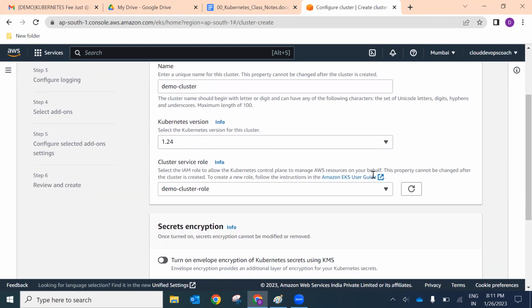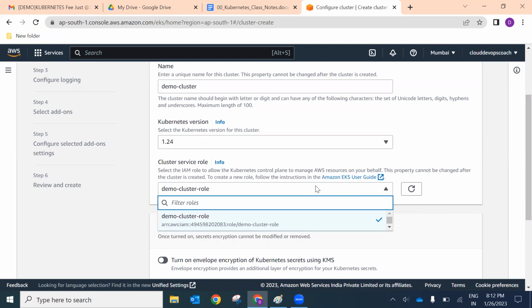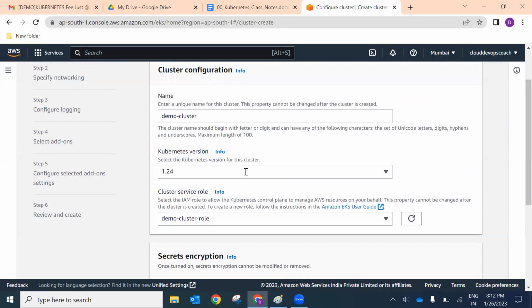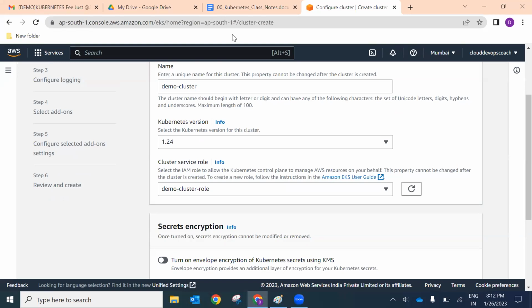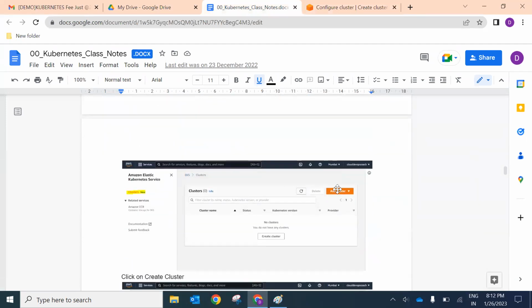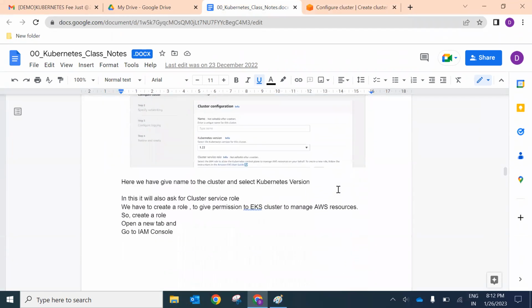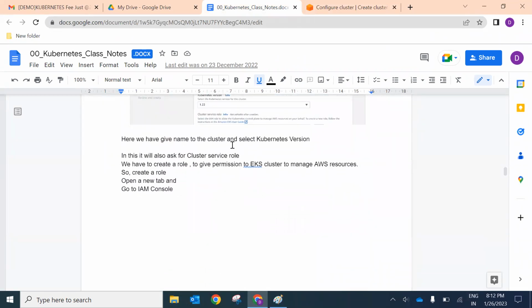Then after that, we have to create a role. In AWS, if you have the knowledge of AWS, you must have the knowledge of roles. Okay, so how to create that role? For that, we have to go to the IAM section. I will show the steps so that you won't be confused. This is especially for the people who don't have the knowledge of AWS. So this is the first step. Then here we have given a name to the cluster. Then